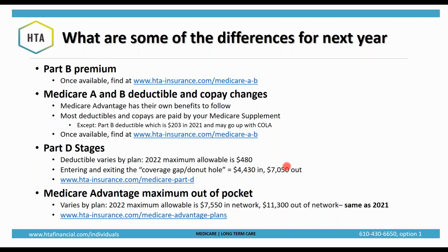But it's also going to take you longer to come out of it once you go in it, because that threshold is a little bit higher too. And that information is already updated with a short video that explains this in much more detail on our Part D Medicare webpage. And then Medicare Advantage plans, if you're in one of those plans, they typically have a maximum